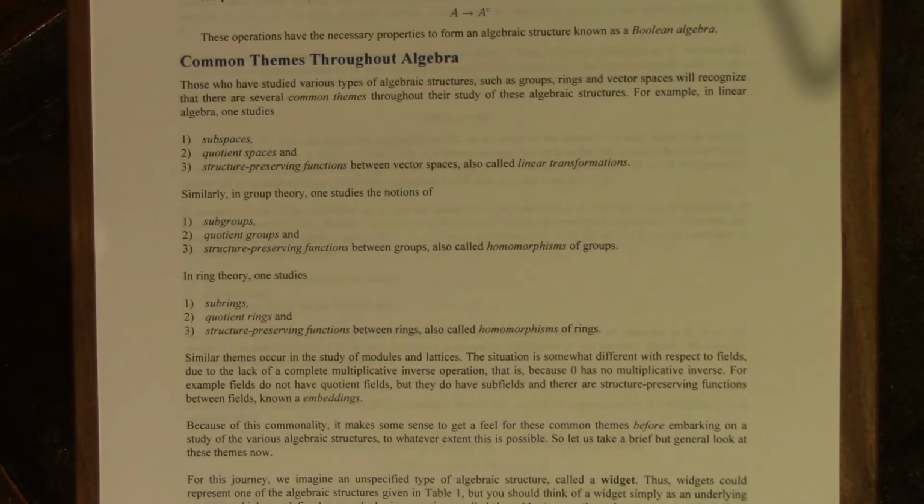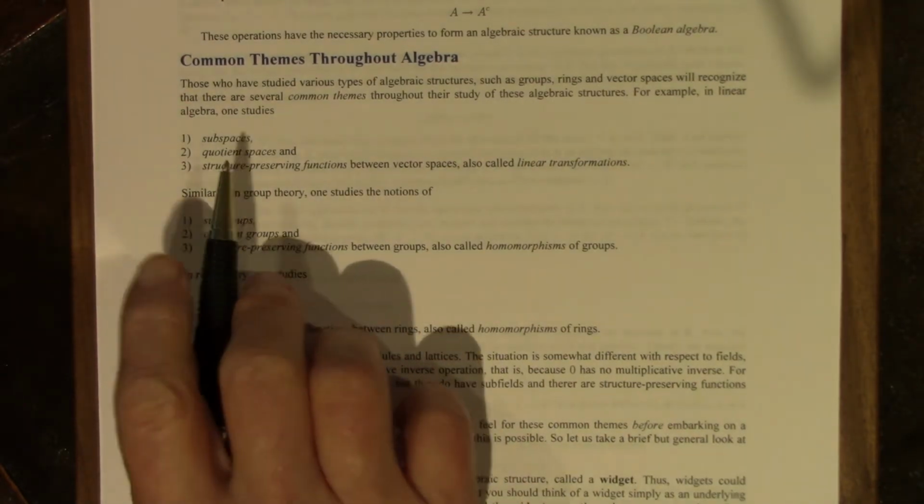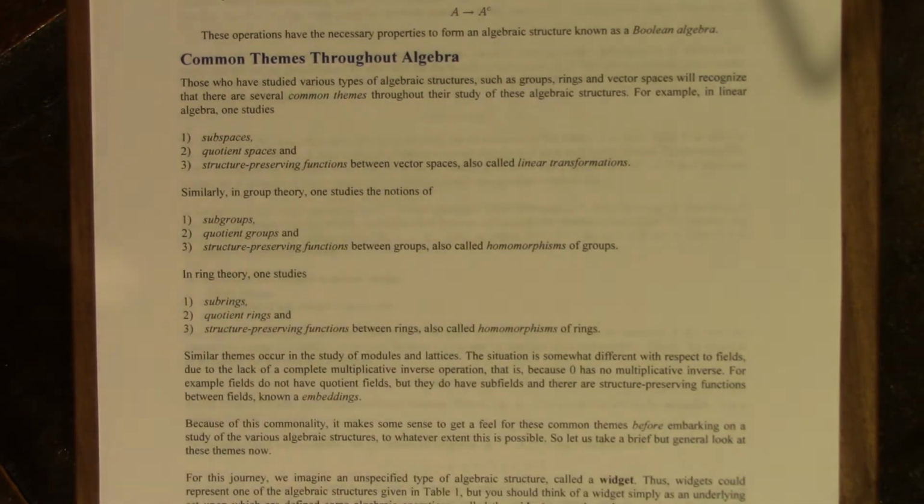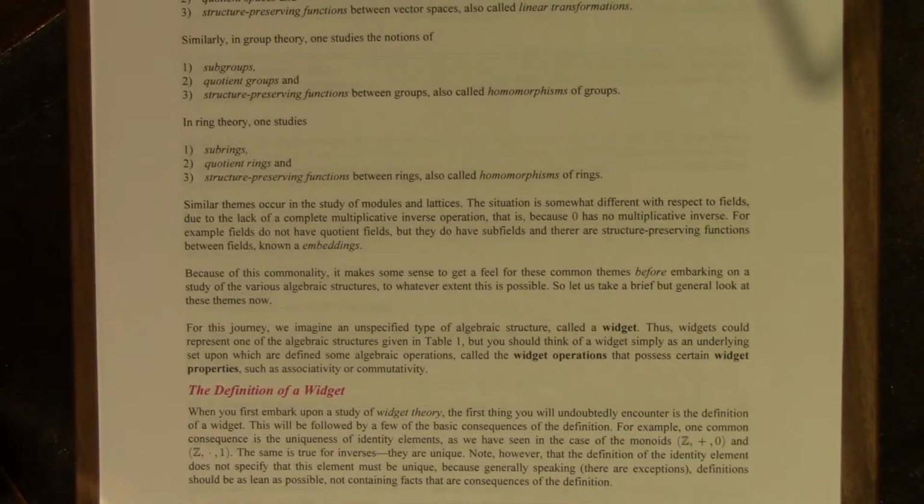For example, in linear algebra, we study subspaces, quotient spaces, and structure-preserving functions between vector spaces, which are known as linear transformations. But similarly, in group theory, we study subgroups, quotient groups, and structure-preserving functions between groups. These are called homomorphisms. And in ring theory, we study subrings, quotient rings, and structure-preserving functions between rings. They're also called homomorphisms. And there are similar common themes in the study of modules, submodules, quotient modules, structure-preserving maps